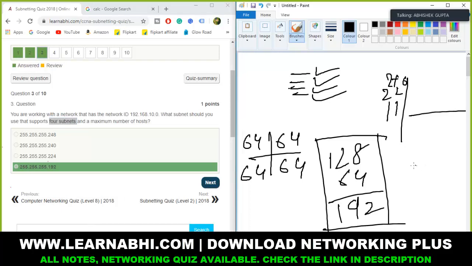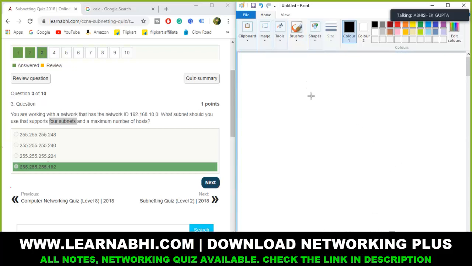Clear. And I am telling you, whatever I am explaining, also try to practice from your side, because there are around 100 practice questions available here. This is level 1. I am just taking a quiz of level 1. As you cross different levels, you will get a little tougher questions. These are just basic questions I am asking. Okay, now let's go next.